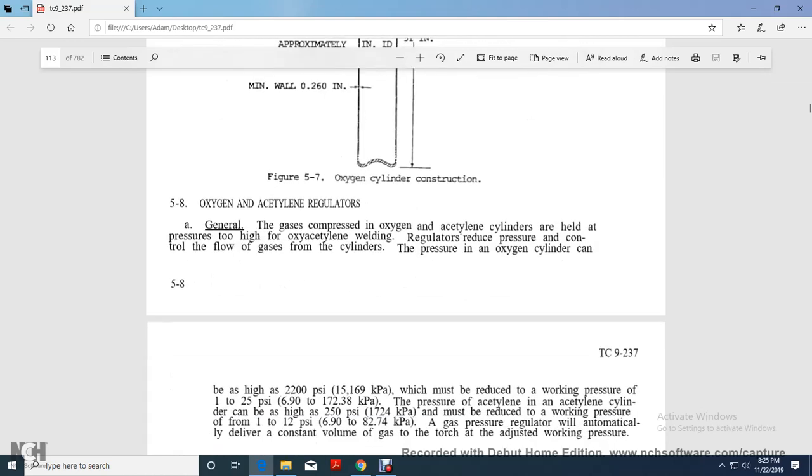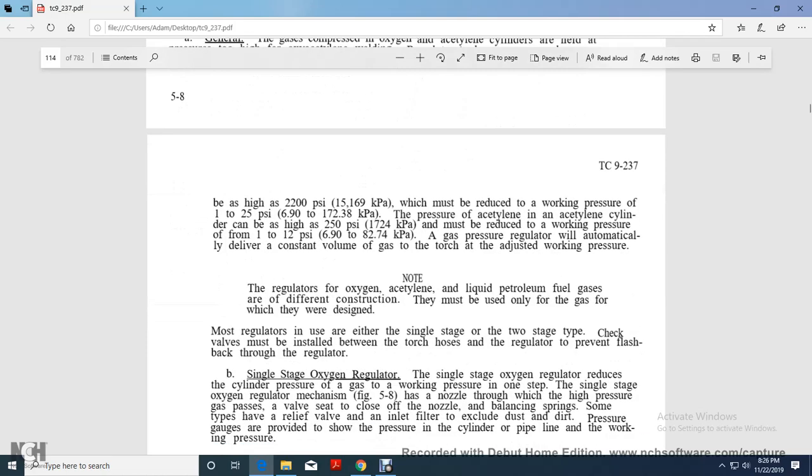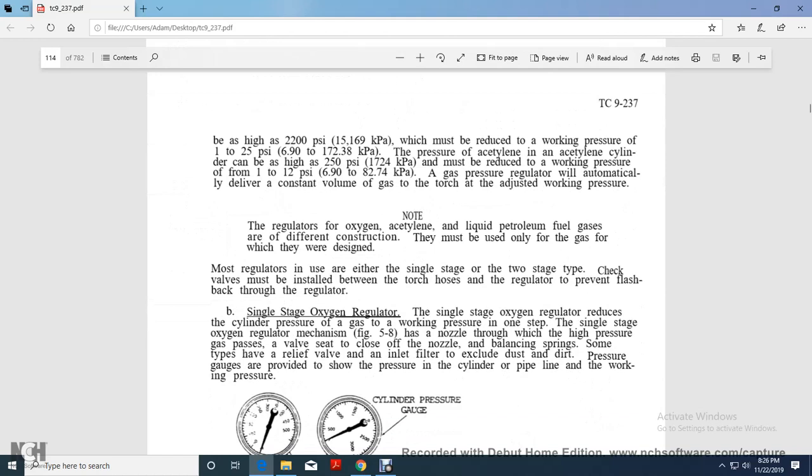Oxygen acetylene regulators. Generally, the gas compressed in the oxygen and acetylene cylinders is at high pressure, and welding regulators reduce pressure for control of the flow of gas from the cylinder. Pressure in an oxygen cylinder can be as high as 2,200 psi, which is reduced to a working pressure of 1 to 25 psi. Pressure in an acetylene cylinder can be as high as 250 psi and must be reduced to a working pressure of 1 to 12 psi. With the gauge, the pressure regulator automatically delivers